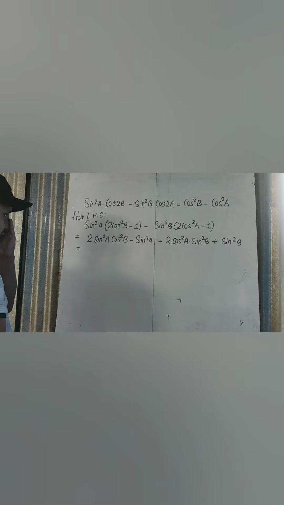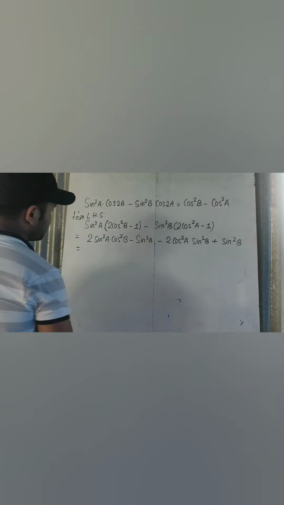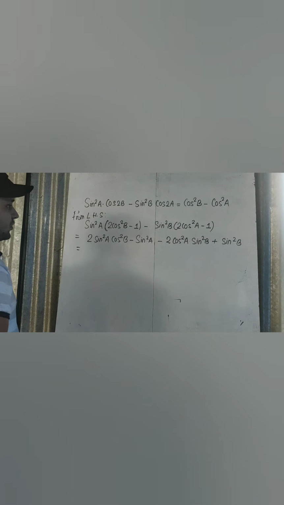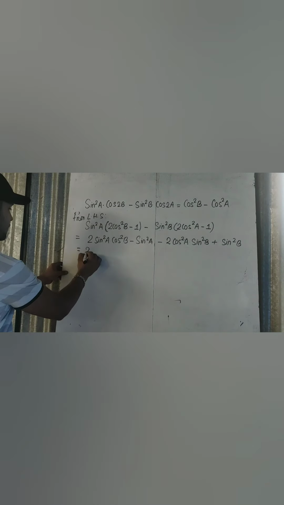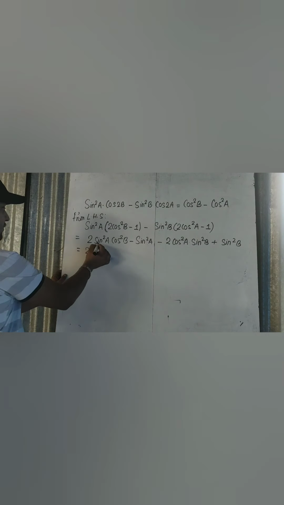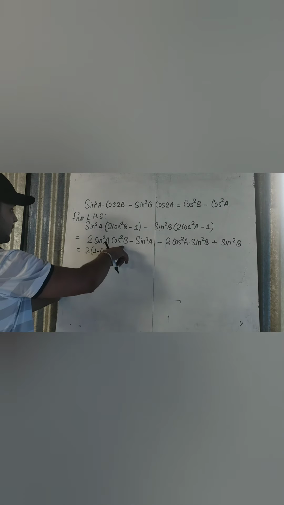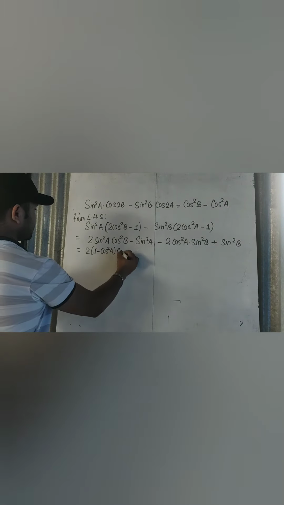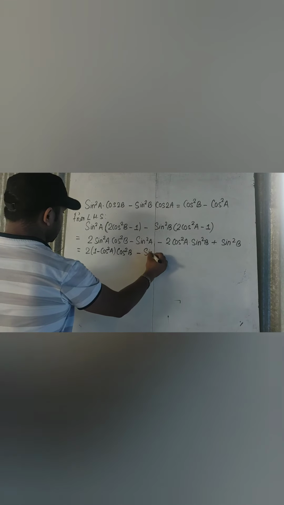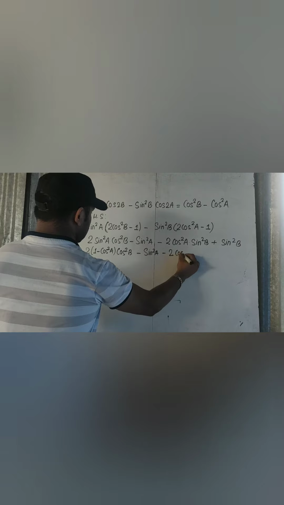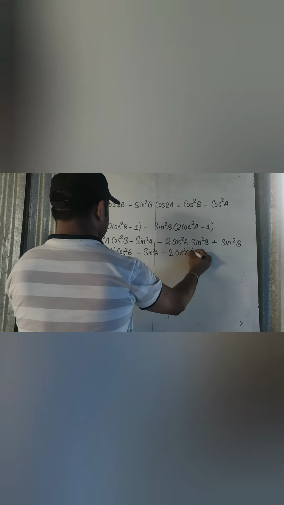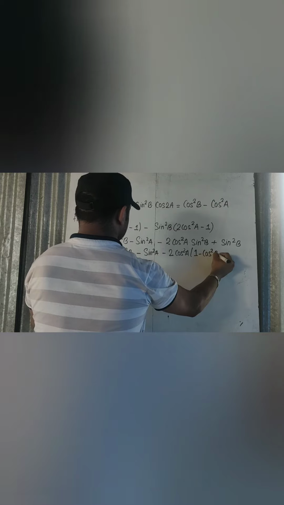Now furthermore, we have to find a way to cancel these two terms. The way it can be cancelled is not that complicated. See how I am doing this. You have sin square A here, you have cos square A here, so sin square A can be converted into cos square A. Now you have cos square B here and sin square B here. Let's keep this cos square B the same. Minus sin square A minus 2 cos square A. Let us change the sin square B. This sin square B can be changed to cos square B by using the formula 1 minus cos square B.